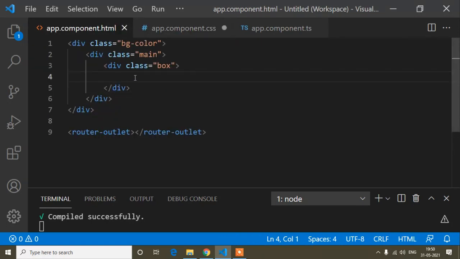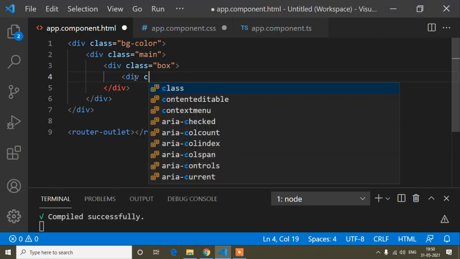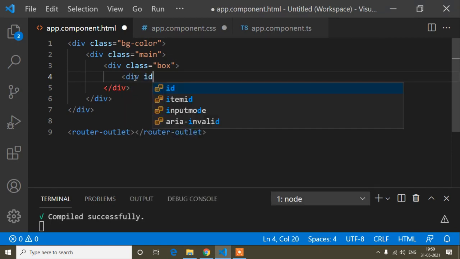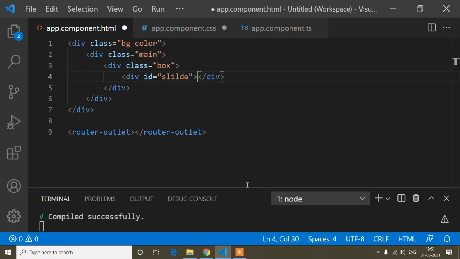Now I will write another div, the div with id slide, and this is a very important div because this slide div actually moves when I click the next and preview button. When I move this slide div, we cannot move it directly, because in JavaScript and jQuery we can manipulate the DOM using an ID.